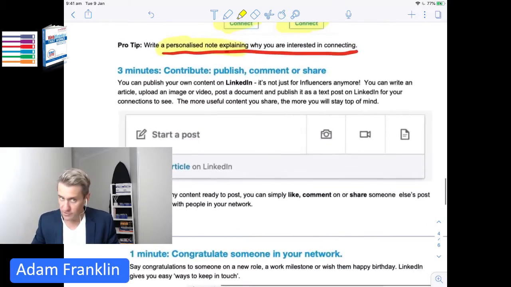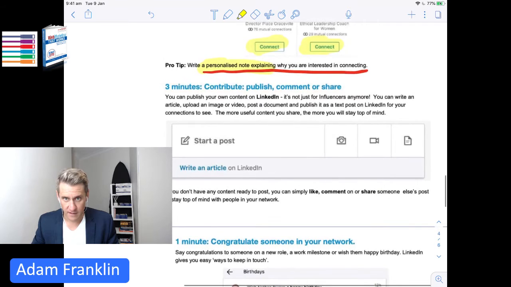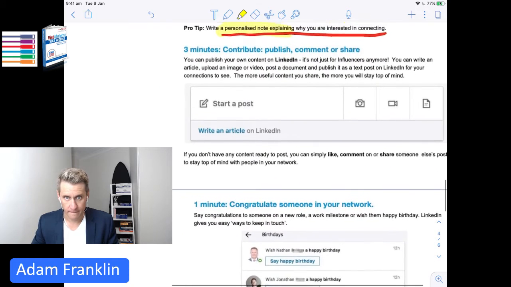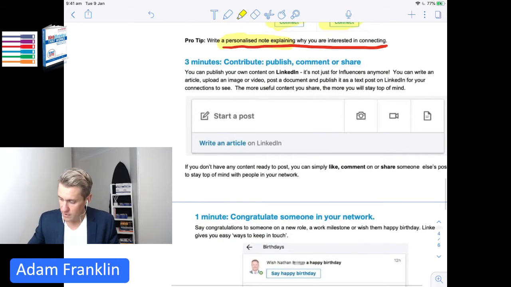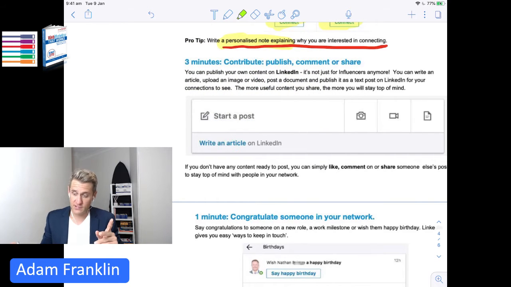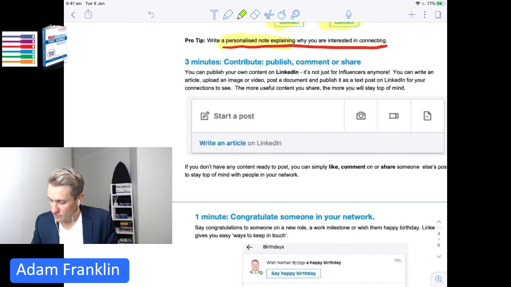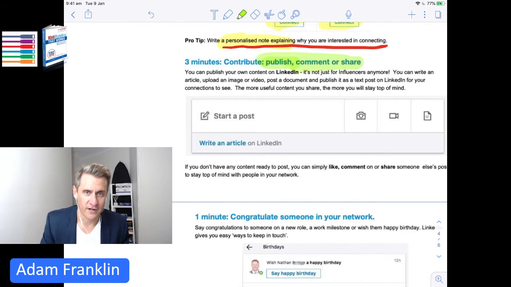The third thing we want to do, I'll just make this fit there, okay, is we want to spend 3 minutes contributing content, contributing something to LinkedIn. So you can actually publish your own articles, or you could simply comment on somebody else's or share their content to your own audience. That way you are